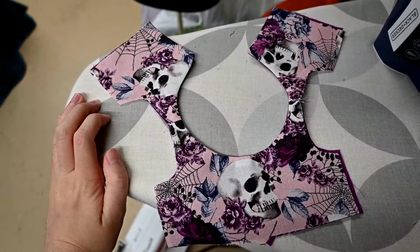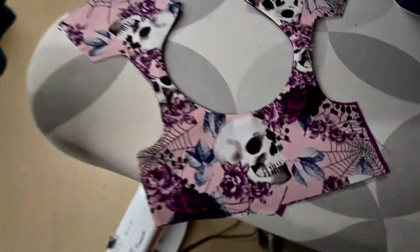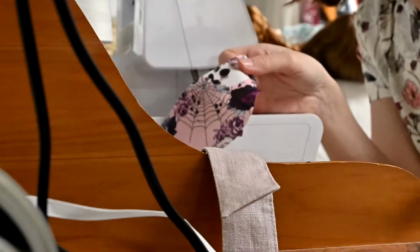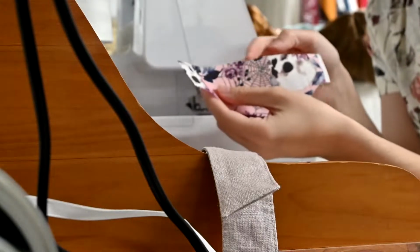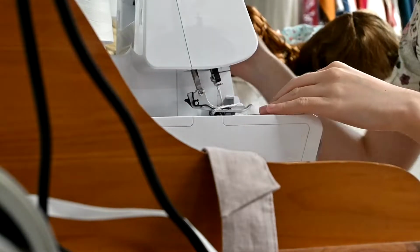Is it possible to already be in love? Because I am. I mean, look at that. Look at that. I cut this perfectly. I was reading the instructions and it doesn't give you any recommendations as to when to actually finish off the seams. So I'm just gonna do this bottom edge of the sleeve before I actually attach the